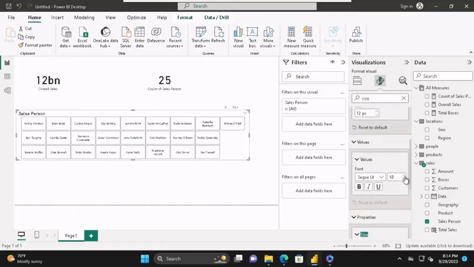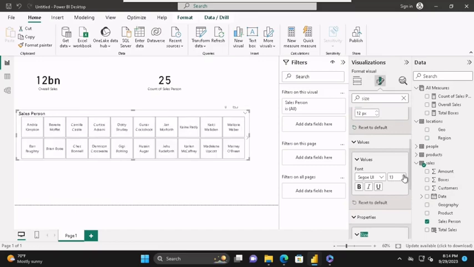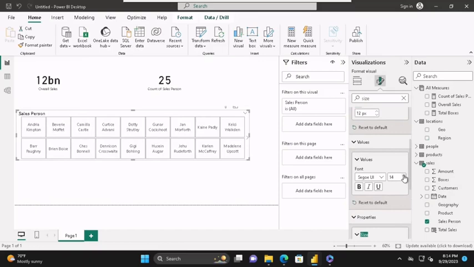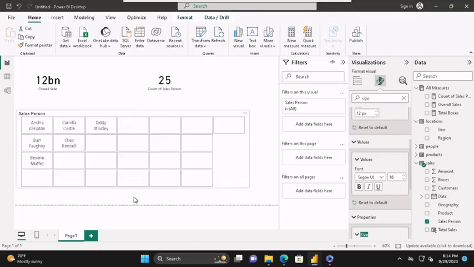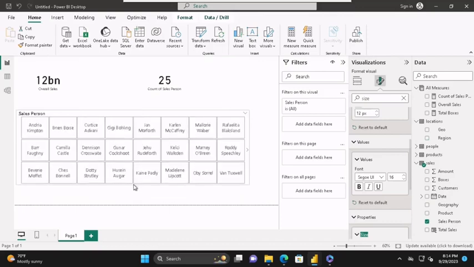Oh yeah. Okay, good. So it's coming up now. I think it's bigger now. Good. So now, right away, if you select this person, you can see